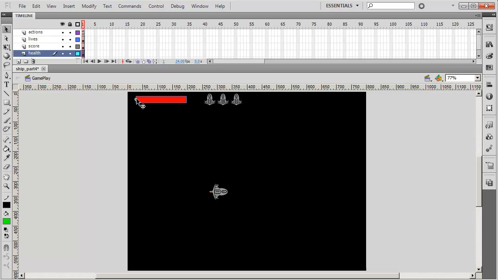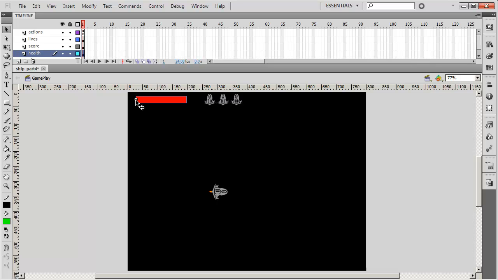Notice that the registration point is on the left hand side. So it's going to scale from the right and scale down depending on where that registration point is. If the registration point was in the center, it would come in from both sides. I don't want that. I want it to scale down in size, so the registration needs to be on the